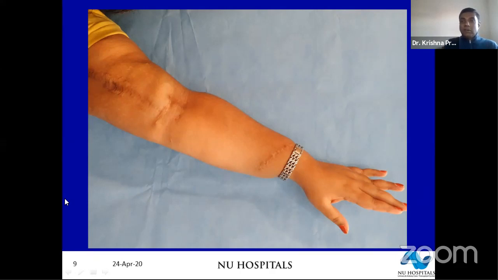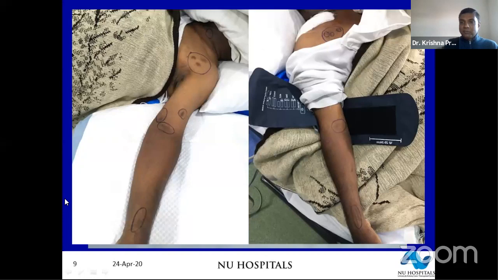Or you might be seeing a patient like this. This is a gentleman who was sent to me saying, can you please create an access for this chap? You can see the same patient, right and left arms, every single access point which Manish has spoken about is used. In addition, he's had multiple subclavian catheters. He's on his last catheter, which is being placed on the right side. So if you don't have an ultrasound to evaluate this patient, you just cannot get away with a clinical examination alone.